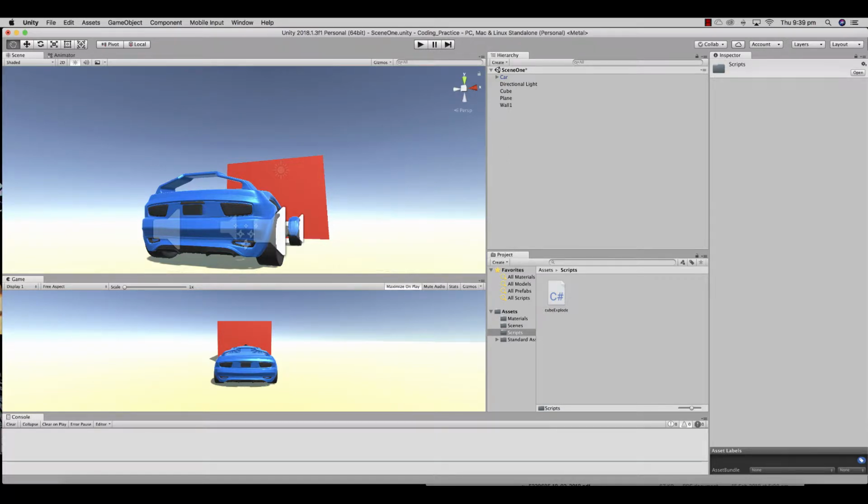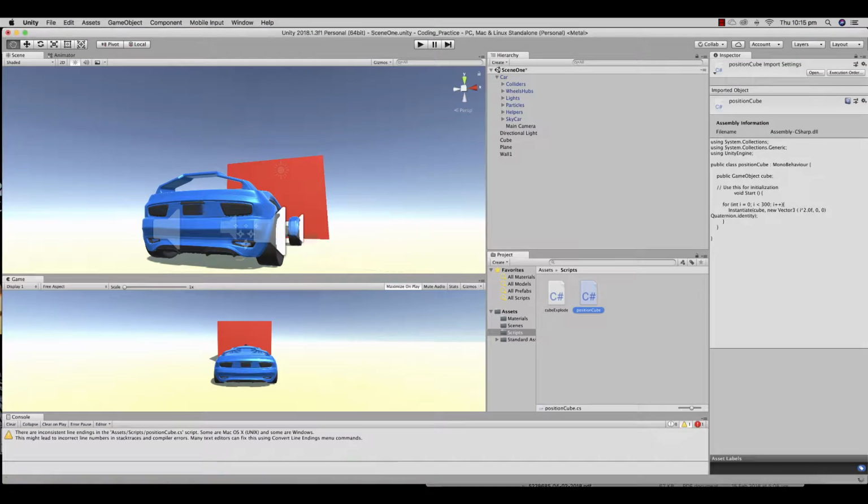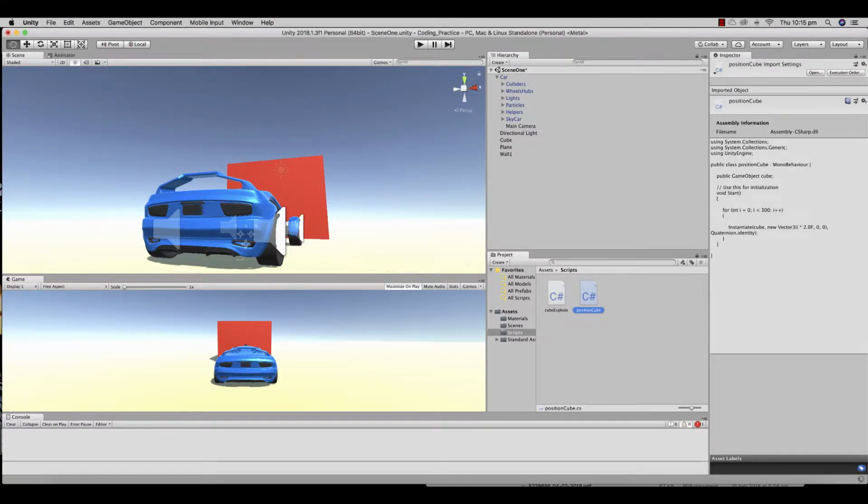Okay, so the second part of the instantiate script is adding in some more properties to it so that we can place the cubes in particular places rather than just having them explode out randomly on the start of the game. So the way that we do that is just by changing the script a little. So we're going to create a new C# script, and this time we're going to call it position cube. So we can open up our position cube script,